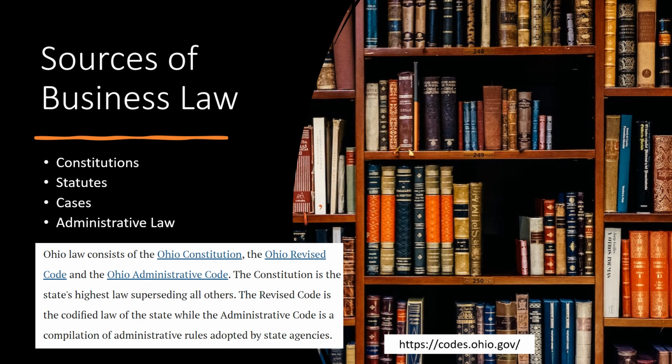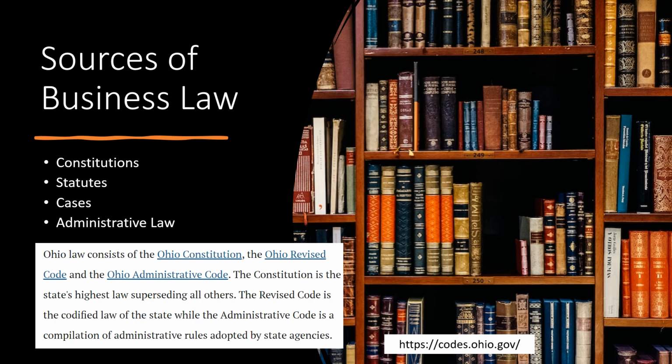Ohio law consists of the Ohio Constitution, the Ohio Revised Code, and that's the statutes, and the Ohio Administrative Code, that's the regulations. The Constitution is the state's highest law, superseding all others. The Revised Code is the codified law of the state, while the Administrative Code is a compilation of administrative rules